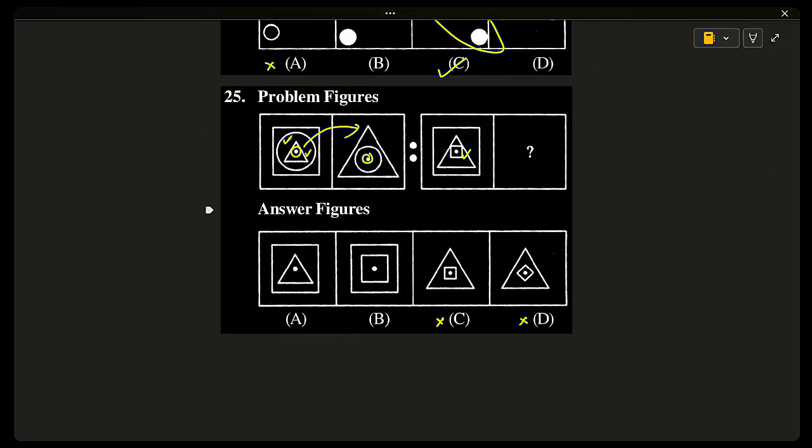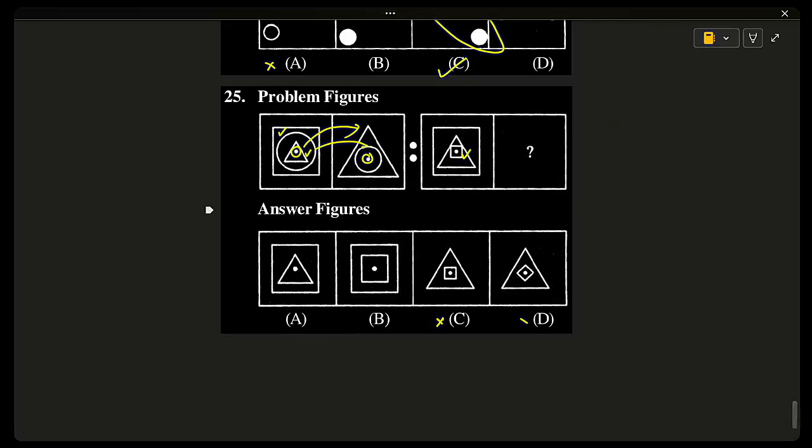After the square, we have the circle. Circle should be the immediate next figure after the dot. So here after the square, after the dot, we have the, I'm sorry, no, the second layer is becoming the inner layer. So this is wrong. The pattern is after the dot, the second layer we have to take that became close